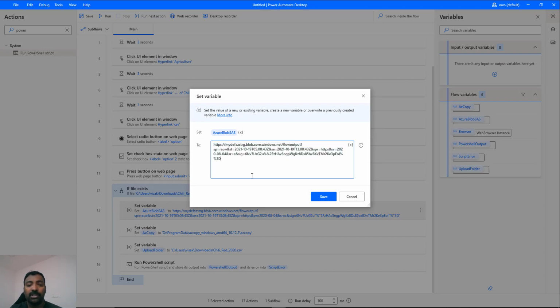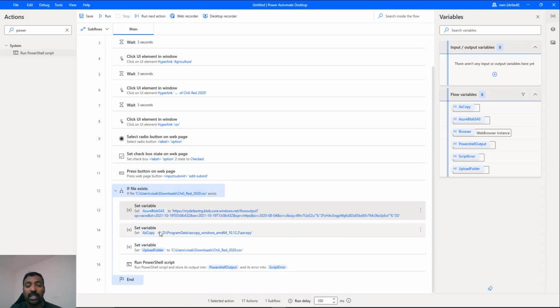Make sure that wherever there is a percentage sign, you make it a double percentage, because percentage also represents the name of the variable. You see, the name of a variable is also represented by using percentage inside Power Automate. For that purpose, wherever a percentage comes inside your URL, you need to add one more percentage before that so as to escape it. So wherever there is a percentage, make it 2%. Once you have done that, you can click on save.